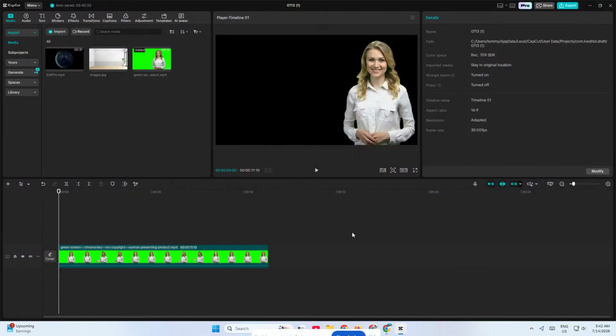If you want to learn how to add an overlay in CapCut for PC, you're in the right place. In this video, I'll show you a super simple way to place a video or photo overlay on top of your main clip, so you can create more engaging edits, picture-in-picture effects, tutorials, reactions, and stylish content in just a